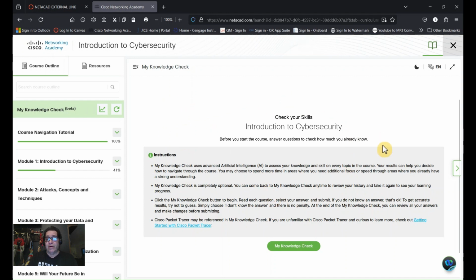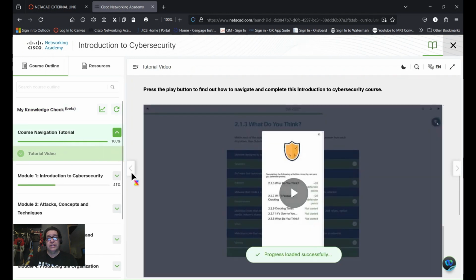Maybe they have some background in cybersecurity, maybe not. Most of the time, they do not have any background knowledge of it. They might have read something a little bit about it, but as far as this type of course, maybe not. So the next thing I wanted to do: there is a course navigation tutorial from Cisco that is really